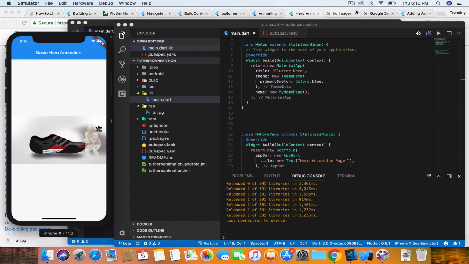Now the hero animation is nothing but this: we wrap a widget into the Hero class, and that Hero class is going to give some transition or animation to that particular wrapped widget. When we tap it, it gets navigated from one page to another. In between the navigation from one page to another, that particular widget is going to have some